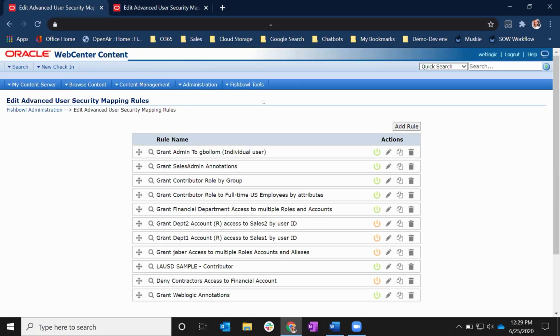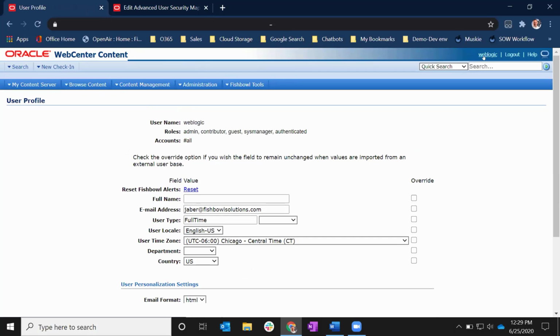So like Jason mentioned earlier, one of the big things is around troubleshooting. When you are on the phone with somebody and you've got an issue, somebody says, I can't have access to something, or I shouldn't have access to something. When you're in an environment, you can see your user profile. You can evaluate the roles and accounts you might have access to. And then you usually have to send a screenshot or cut and paste this over to somebody who's working the ticket. Another way to do that